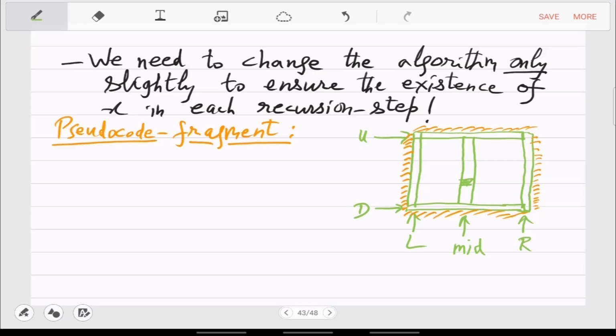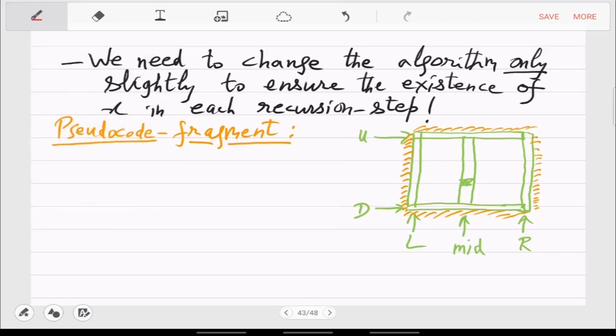The same pseudocode as before: find the element, this green element, which is smaller than every element in the mid column, and look at the neighbors.